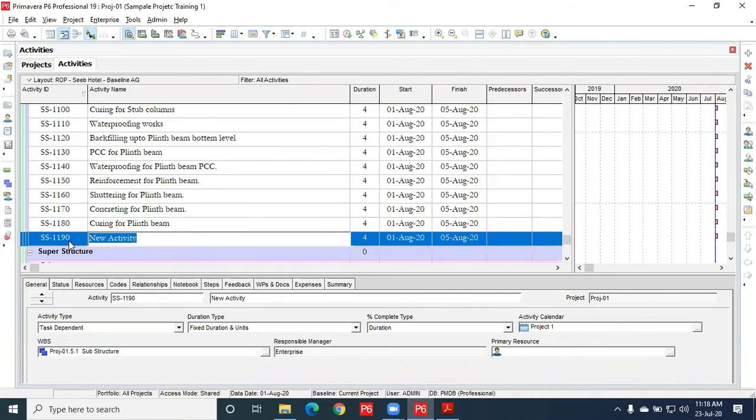After curing, again waterproofing works. Now backfilling in plinth area. Enter. Then after backfilling in plinth area, we have to do excavation for the underground MEP pipes and all, like sewage